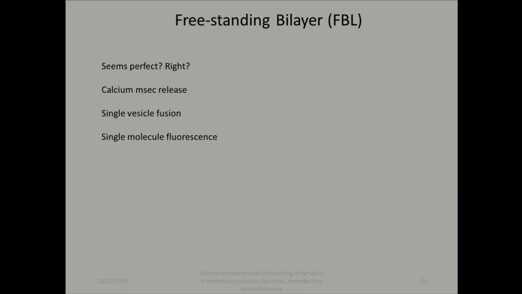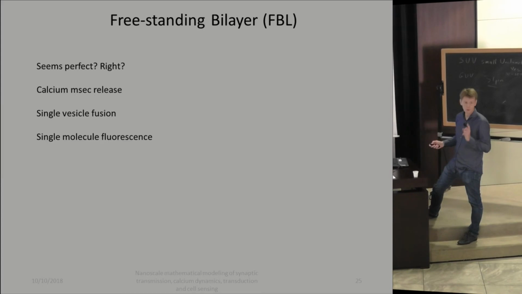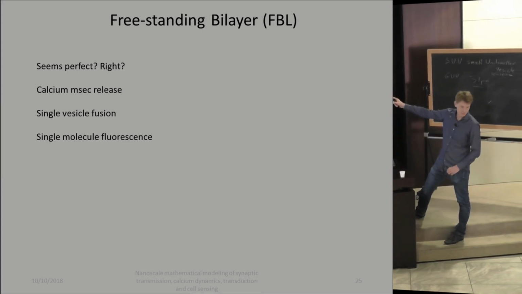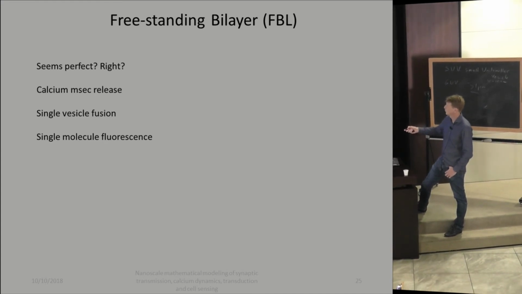So it seems perfect, but we're not there yet. This one I keep for later. Since I was in fusion, we didn't look at single vesicle fusion yet. We're barely doing the fusion with a lot of vesicles. So it should be simple to move on to single vesicle fusion. Then we'd like to go to single molecule fluorescence to follow each SNARE, maybe by FRET, when they arrive, when they bind. And the final goal, that's a holy grail, is to be able to trigger fusion with calcium.